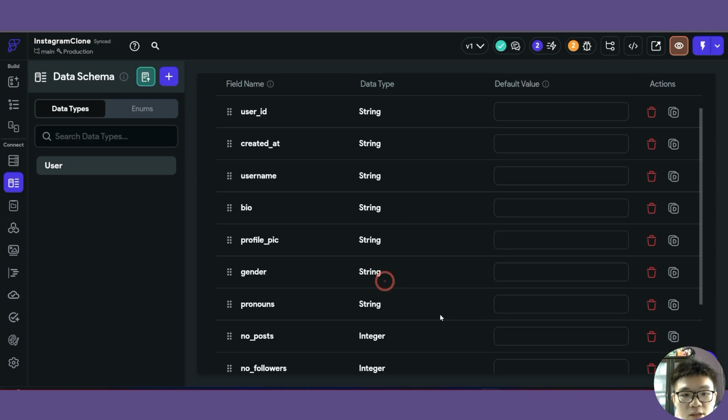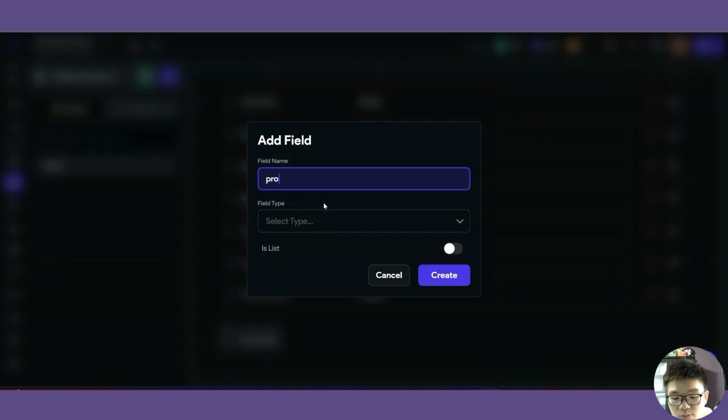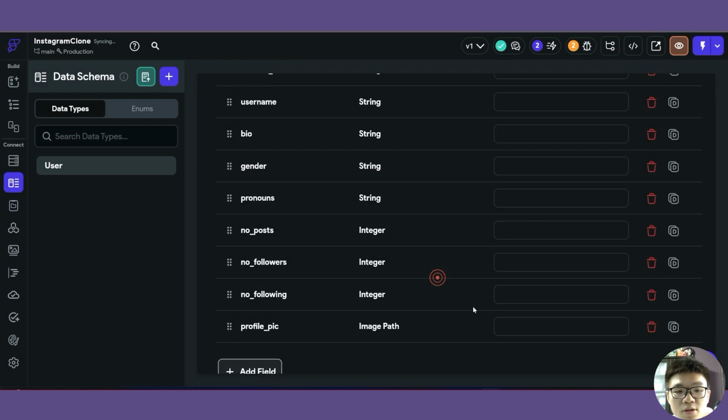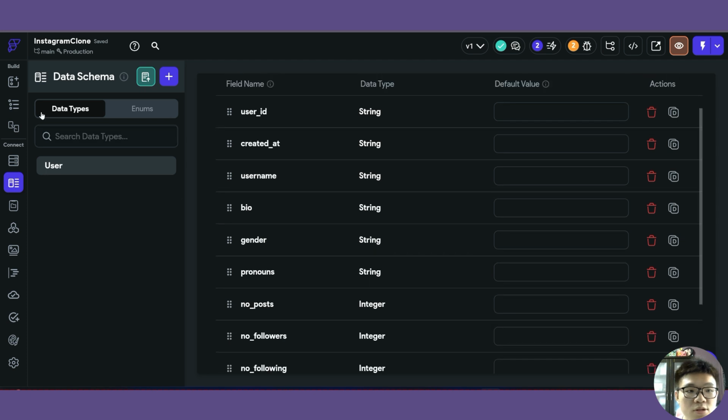So, okay, let's delete this field for now. Then we add a new field, profile underscore pic. Then the field type should be image path instead of string. So that is actually one of the problems that you can run into when you're just generating the data type from the JSON response automatically. So if we go back now,